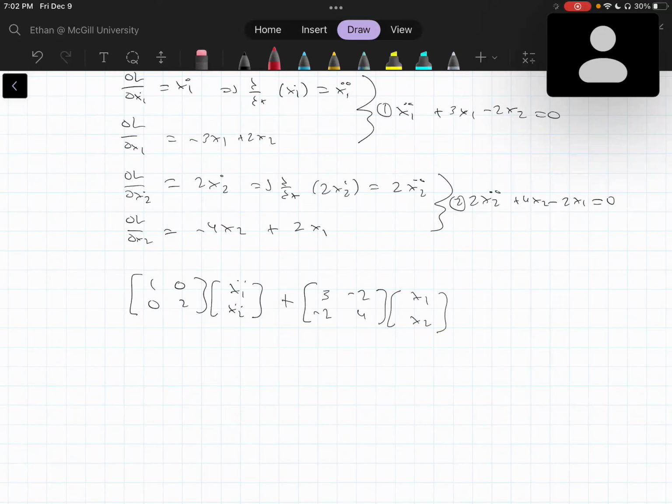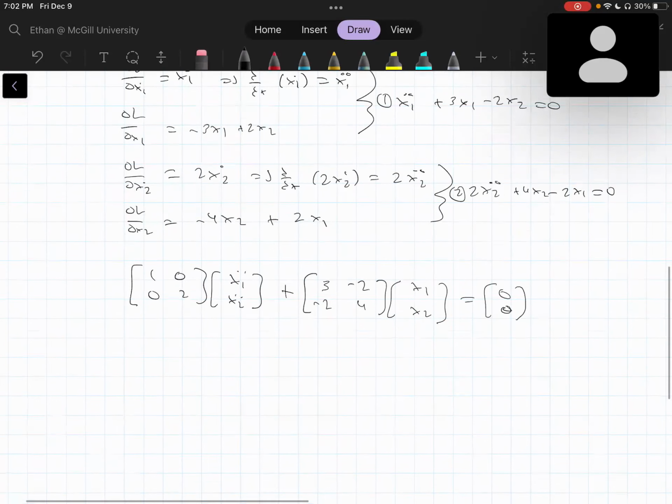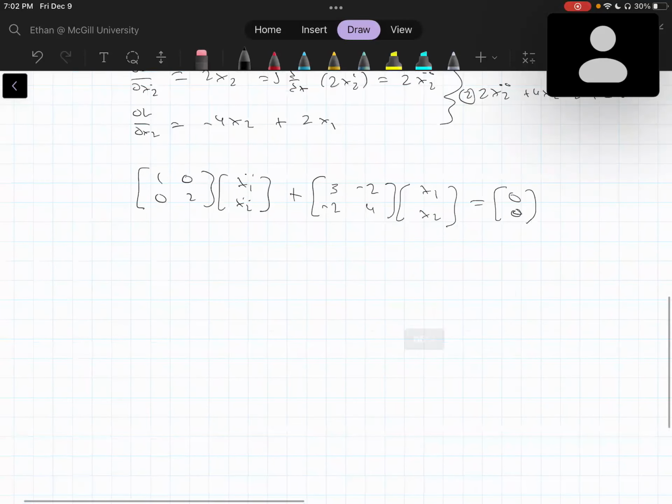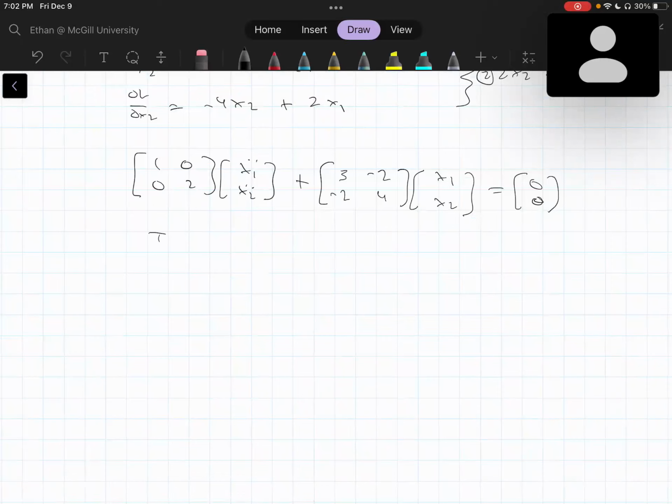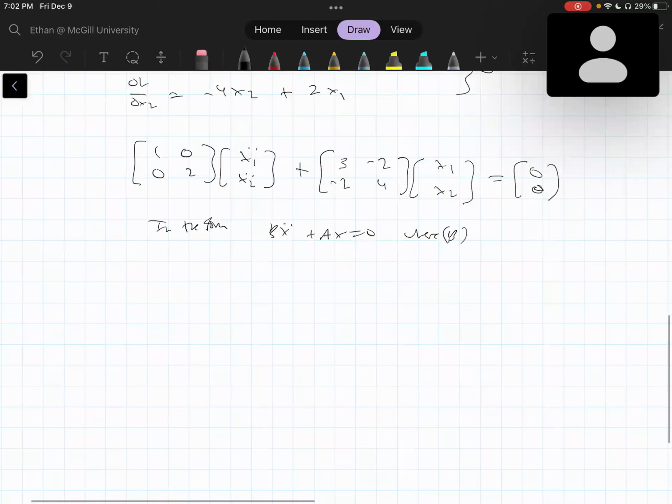We can check here if we look at the two numbers that relate to the variable x1, 3 here and negative 2 here. As you can see, if you look at our equations, those are the coefficients of x1 in both the equations, so you know we're good. And likewise with x2. And that's going to be equal to just the 0 vector. Okay, and now this is in the form Bx double dot plus Ax equal to 0, where B is a matrix